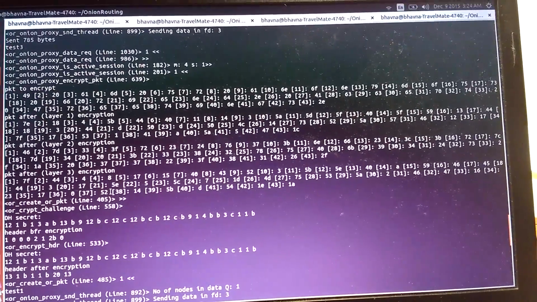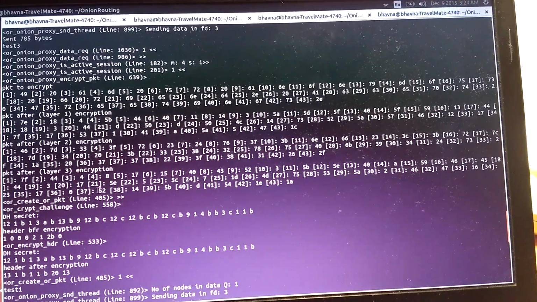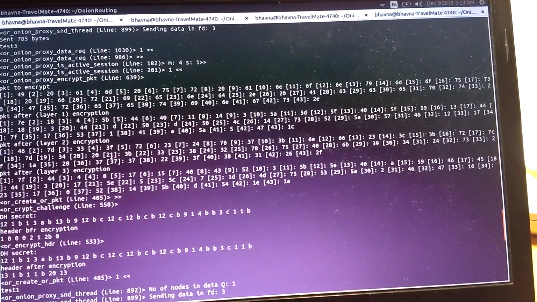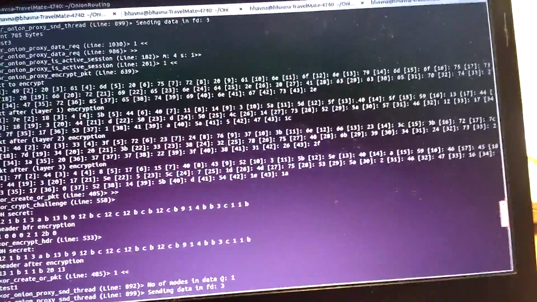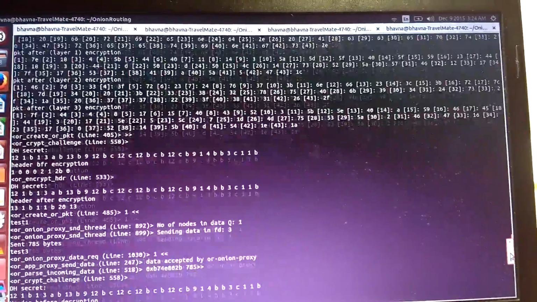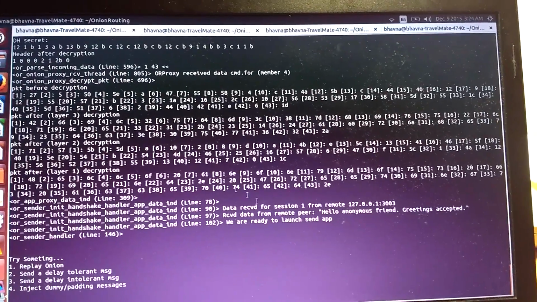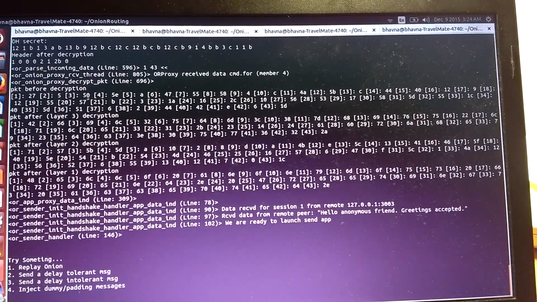When this is received by the immediate next hop router, it's going to decrypt this layer and pad, and then forward the message to the next hop. Similarly, when the message came from the recipient, it's going to decrypt the